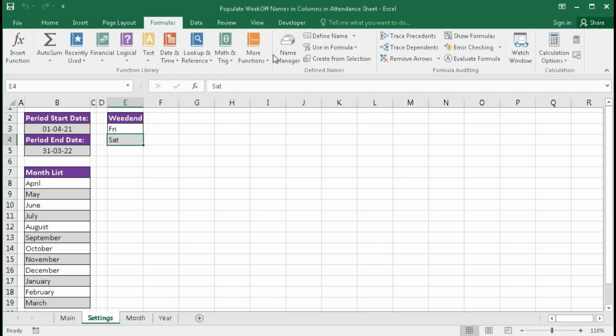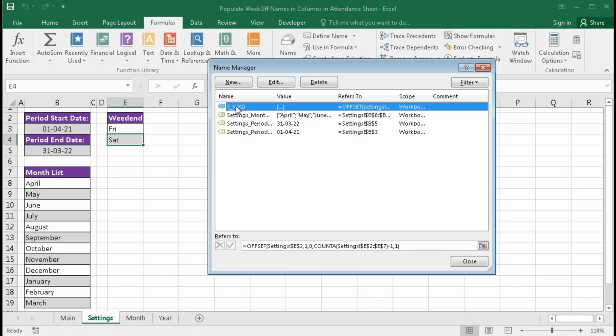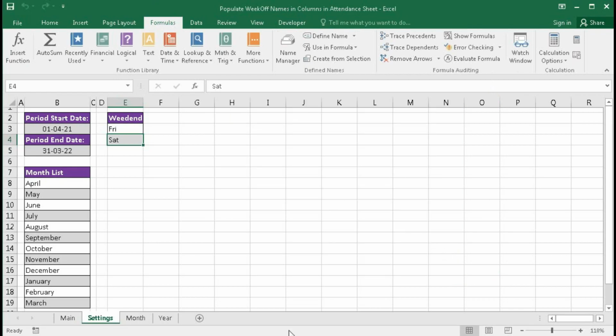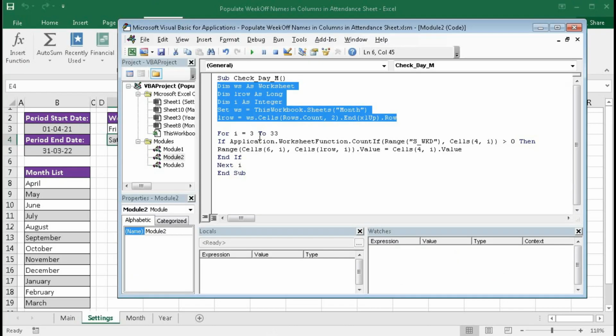You can go to Formulas and Name Manager. You can see we have created a named range for these cells. And click here, you can see these two are selected. So in this way you have to create a dynamic named range for this weekend column. You can see the code here. Close. Now go to the VBA code.